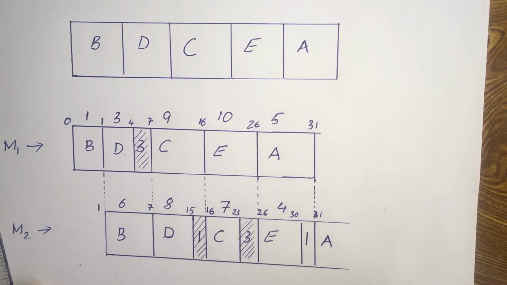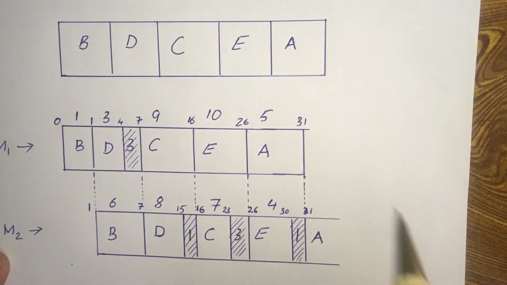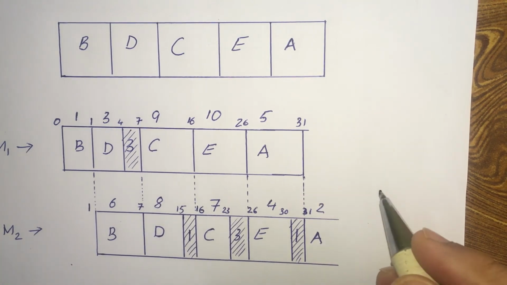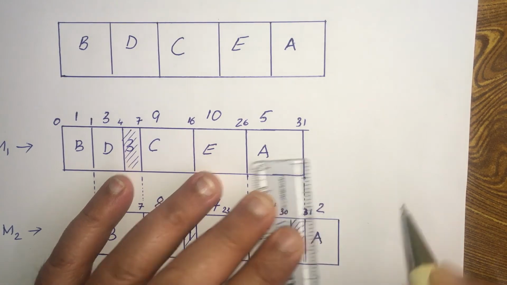So therefore there will be an idle time of 1 hour. And A takes how much time? Takes 2 hours. So 31 plus 2 is equal to